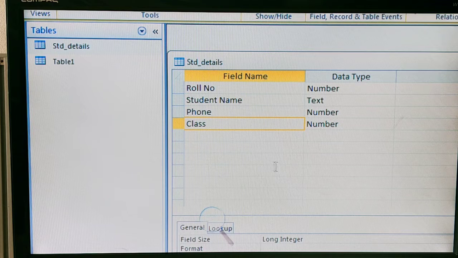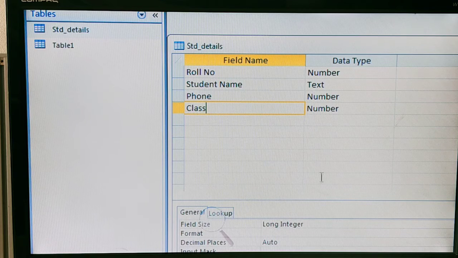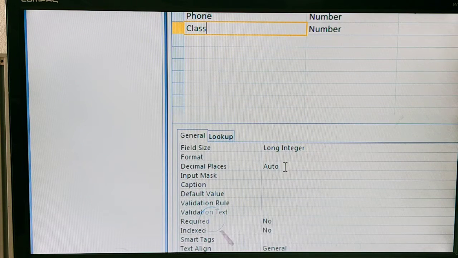In such cases, you have to use the default value property. Below this you have the default value option, so that you can make it 10. So the default value is equal to 10.